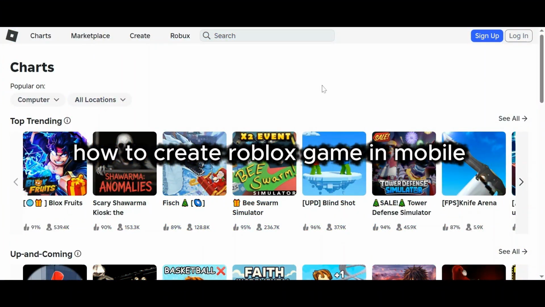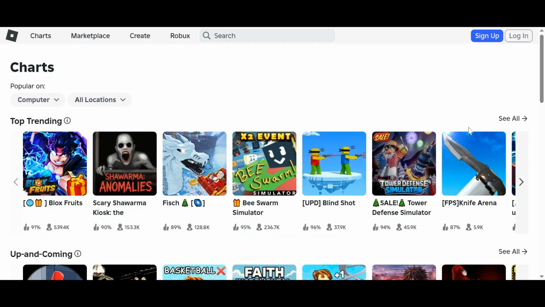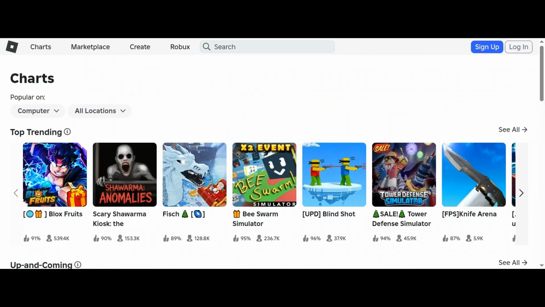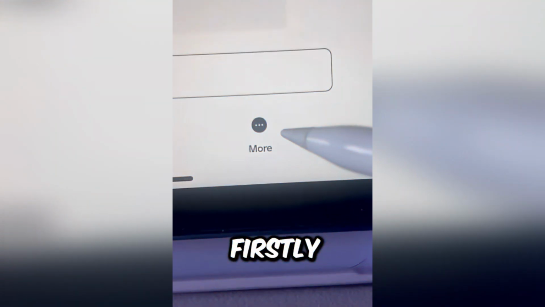Creating a Roblox game directly on a mobile device isn't officially supported since Roblox Studio, the main tool for development, is only available for Windows and Mac OS. However, there are still some ways you can work around this and manage or even edit games using your phone